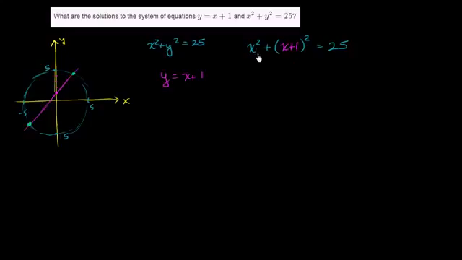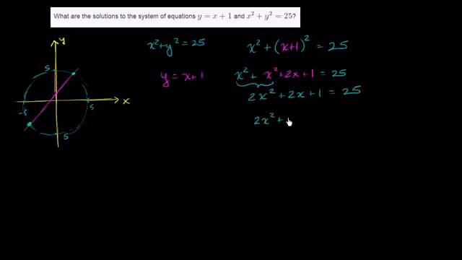And now we can attempt to solve for x. So we get x squared plus, now we square this, I'll write it in magenta, we'll get x squared plus 2x plus 1, and that must be equal to 25. We have 2x squared, now I'm just combining these two terms, 2x squared plus 2x plus 1 is equal to 25. Now, we could just use the quadratic formula, well, we have to be careful. We have to set this equal to 0 and then use the quadratic formula. So let's subtract 25 from both sides, and you get 2x squared plus 2x minus 24 is equal to